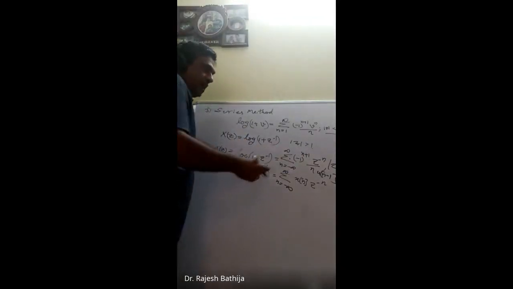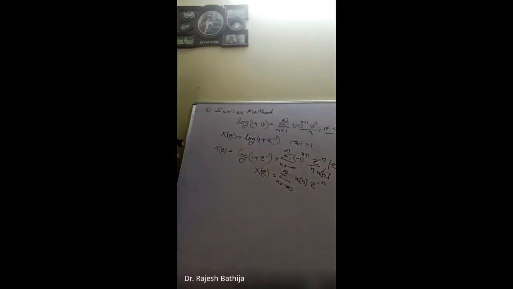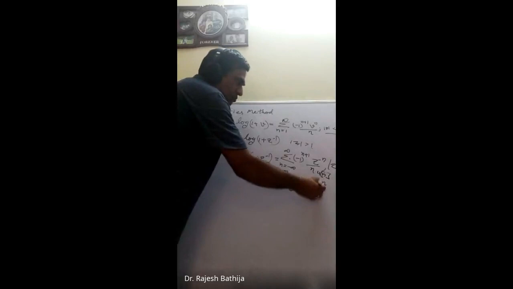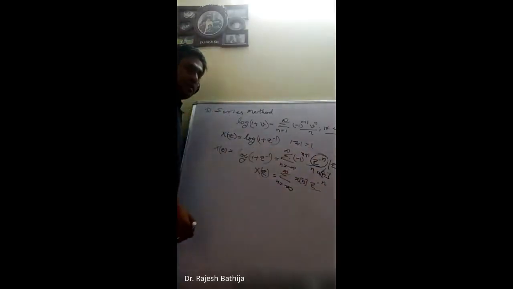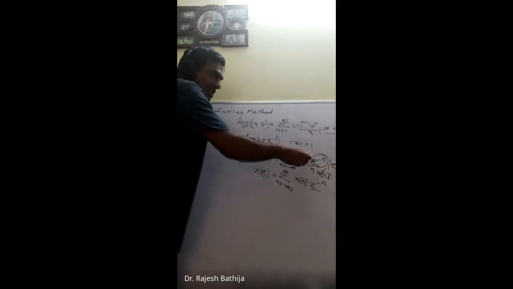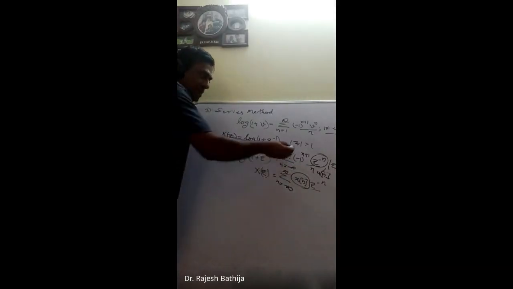u of n minus 1 is 0 from minus infinity to 0, up to 1. But here it is not u of n minus 1, we have to use u of n, because at 1 we require the value. So it is u of n we have to use. This will now be my expression. I have to compare this expression with the other expression. I will separate the z to the power minus n terms, and whatever is written with the summation from n equal to minus infinity to infinity and z to the power minus n is nothing but my x of n. I will compare only this.